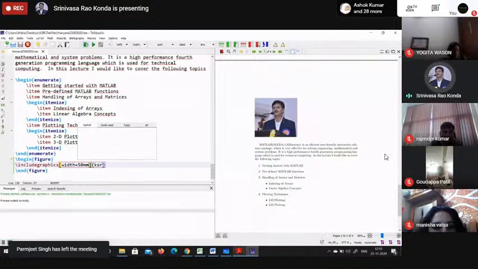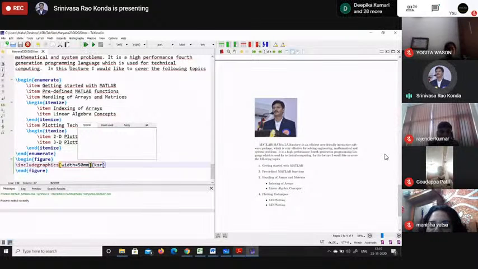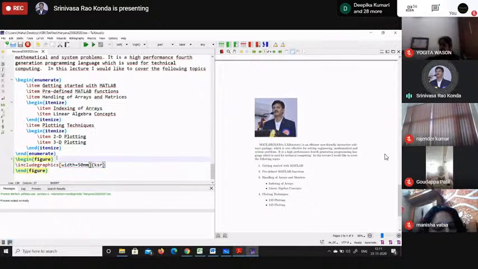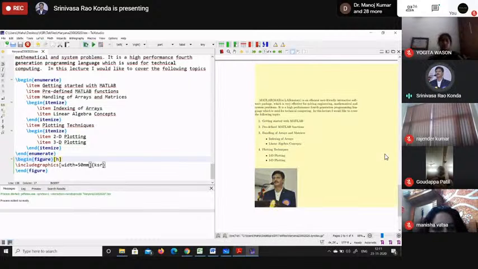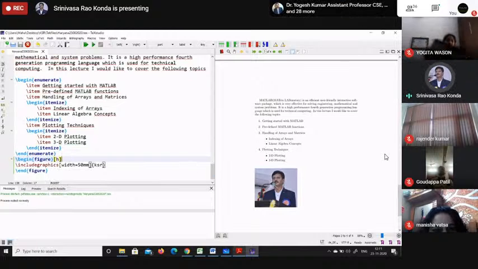Now it is displayed at the top. So we can fix the position also. We can fix the position by H. You see this one. It will come in the exact position. Immediately after the 3D plotting, you plot this image. So it is not centered. If you want to get the center,